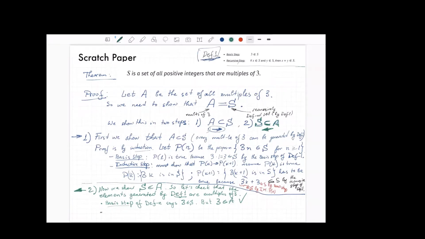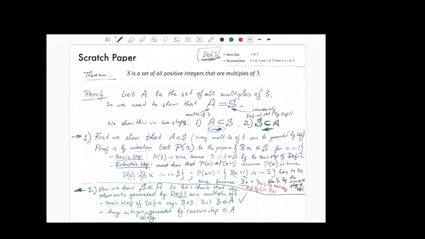What we have to show here is that any integer x plus y generated by the recursive step belongs to A